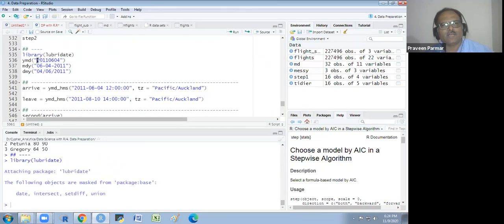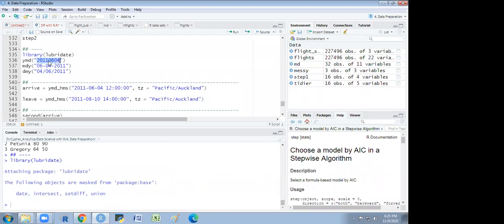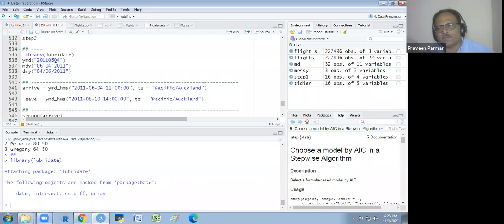Then you see I have written the date time in this way. Here is the year, month and day, and that is in single quotes only. Got it? There is no separator between year, month and date. Are you getting it? Yes, sir.